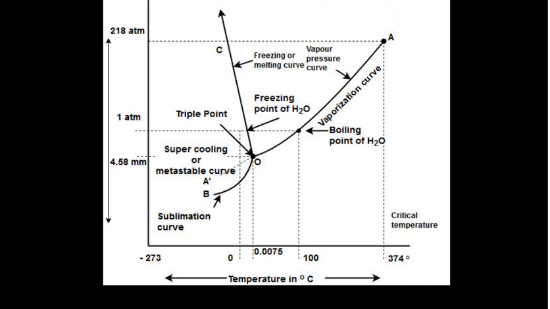So, what is the meaning of the curve OA? Please see here. All along this curve, since at this triple point you are having the three phases, if you increase the temperature, definitely one phase would be gone from here, and on increasing the temperature the phase that goes would automatically be ice. Okay. So, on the curve OA, you will have only two phases, and those two phases would be your liquid water and your water vapor.